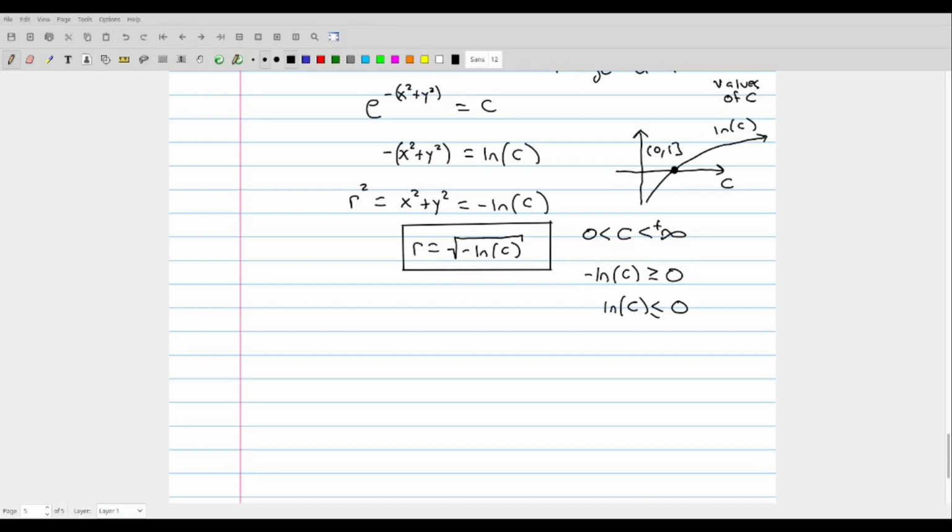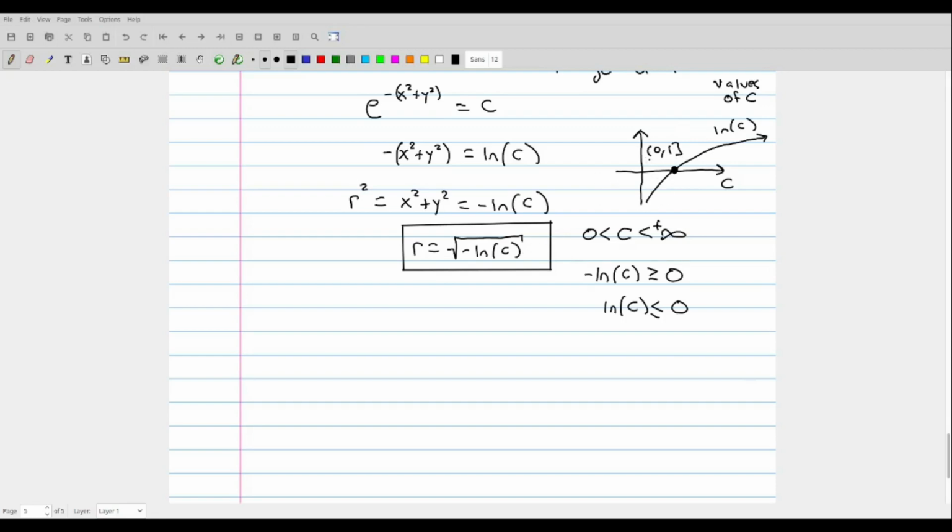So what we see is that this gives us a restriction for c, that if the natural log of c has to be less than or equal to 0, then c has to be between 0 and 1. And this exactly gives us the correct range of our function, because the range of the function is all